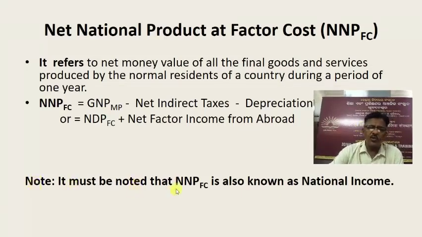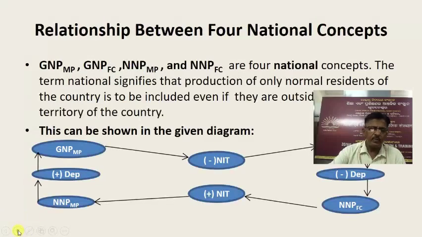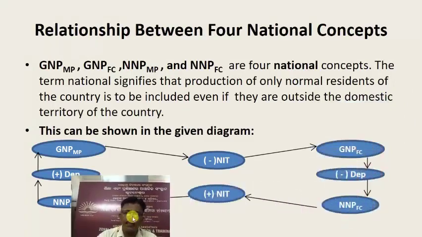Note, it must be noted that NNP at factor cost is also known as national income. Like that, NDP at factor cost was also known as domestic income or domestic factor income. Like that, NNP at factor cost is known as national income. So this diagram, you see,